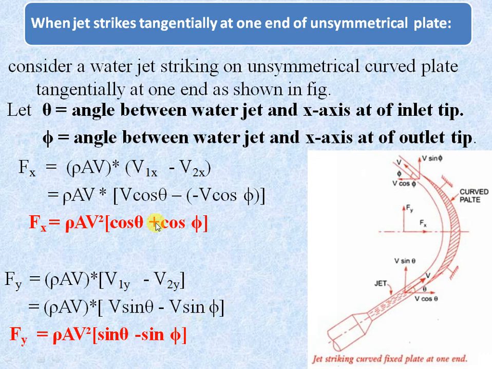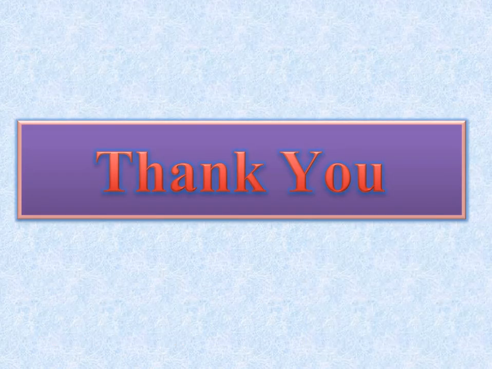So by using these two equations, we can calculate the force exerted by a jet on an unsymmetrical plate, a symmetrical plate, a vertical fixed flat plate and an inclined fixed flat plate. So these are the fixed conditions, friends. In the next session, we will discuss the moving condition. Now for the fixed condition, the force value is present but the work done and efficiency values are 0. Thank you for watching this video.